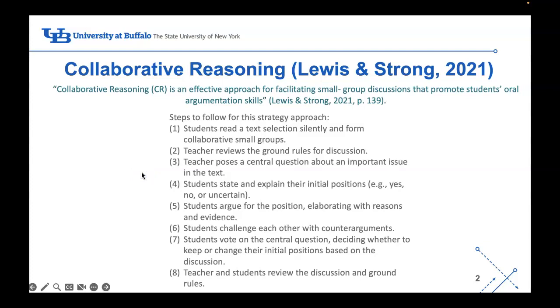For this presentation, I would like to model the collaborative reasoning strategy, which is an after reading comprehension strategy that you can find in Lewis and Strong. There are 8 steps that Lewis and Strong detail when applying collaborative reasoning. So for the purposes of this presentation,